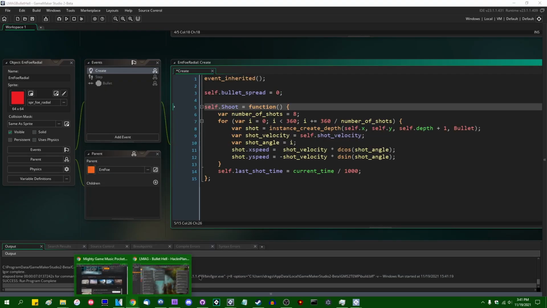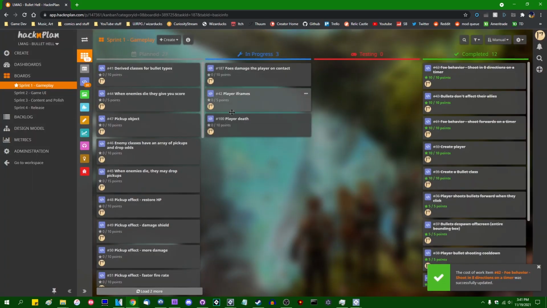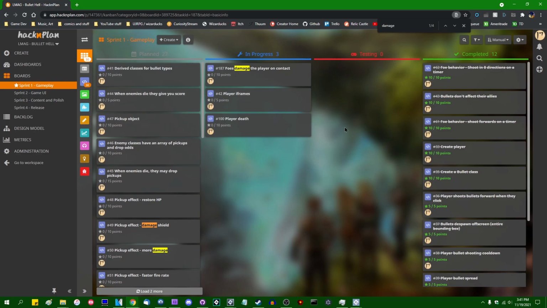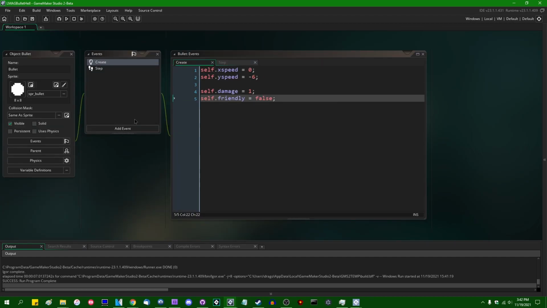Let's see. Oh, I also could have closed that one. Let's finish that. Let us say foes damage the player on contact. Do I also have bullets damage? I don't seem to have... Alright, I guess I'll also do the player's damage. So, let's see. Bullet...